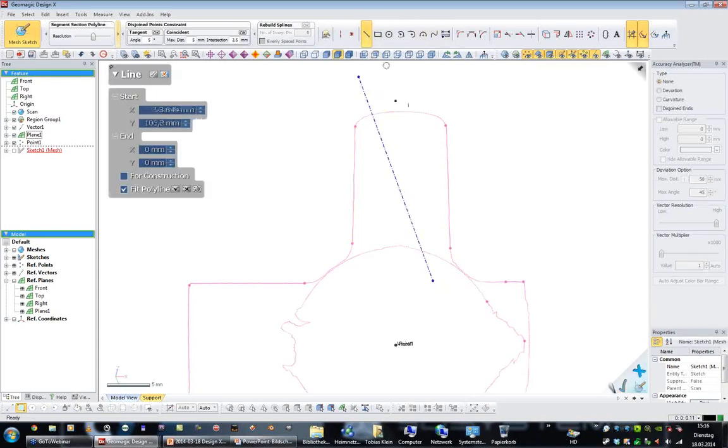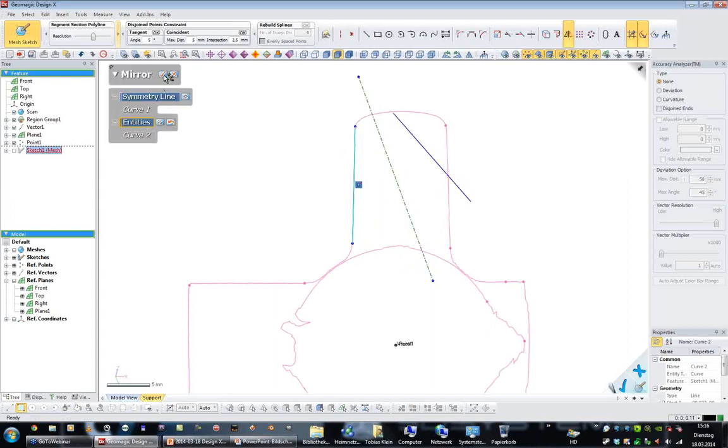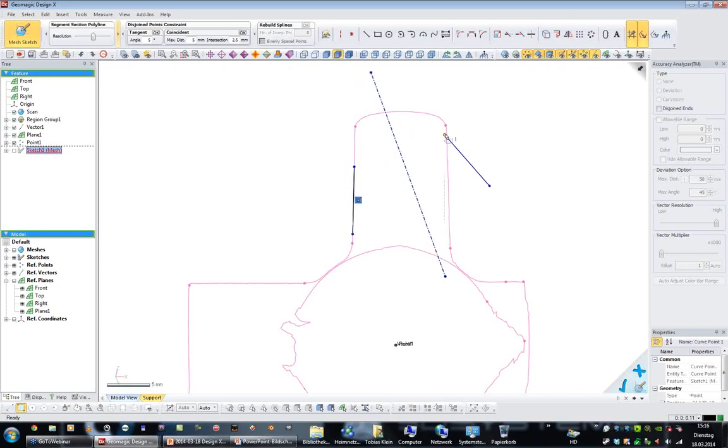by just creating the center line somewhere and then clicking the line feature and double clicking on this outer line, and fixing this one. Then I'm using the mirror function and just mirroring this line over to the other side, and then fixing those points here as well. So now I have the center line here,